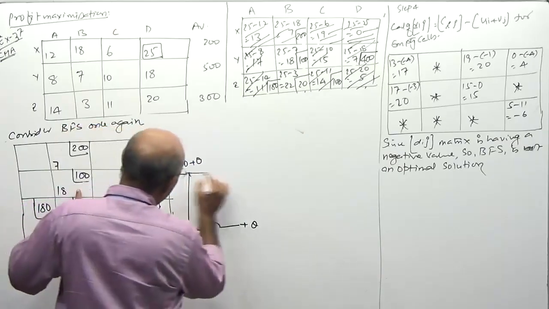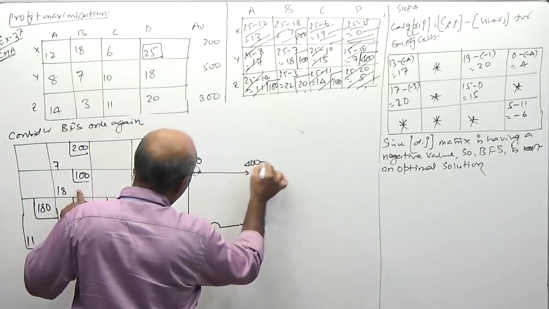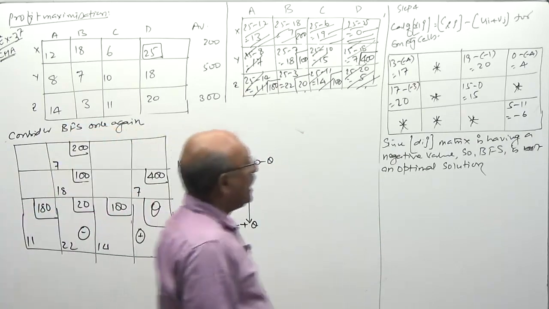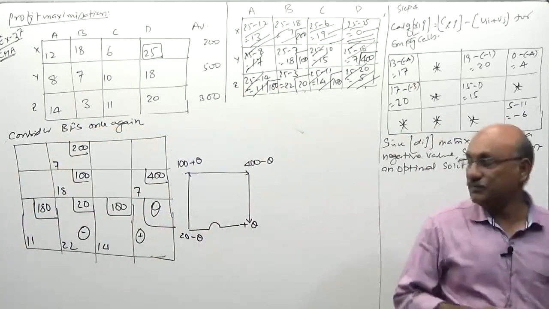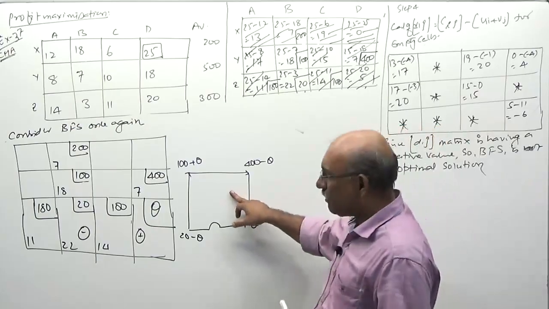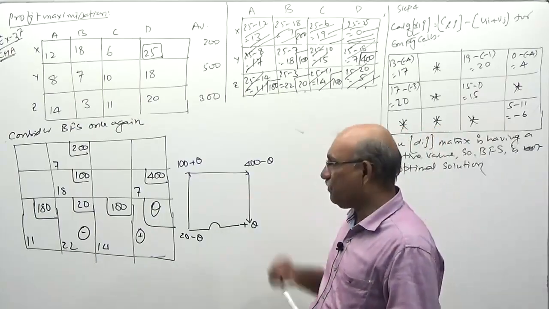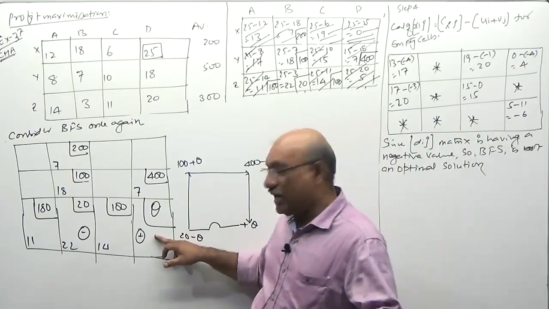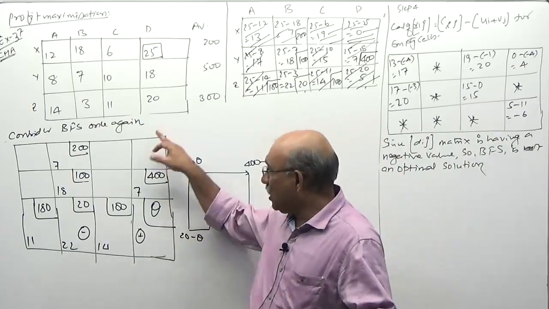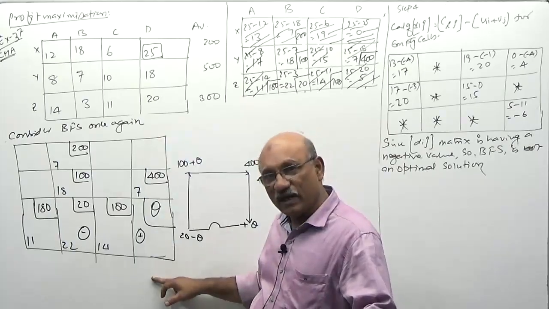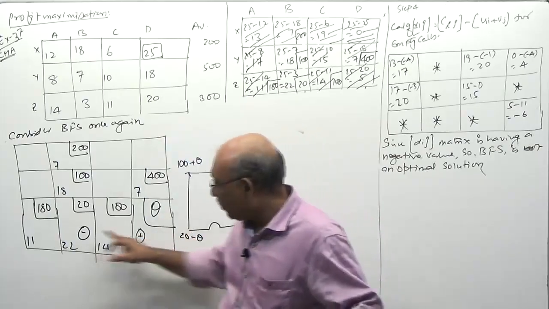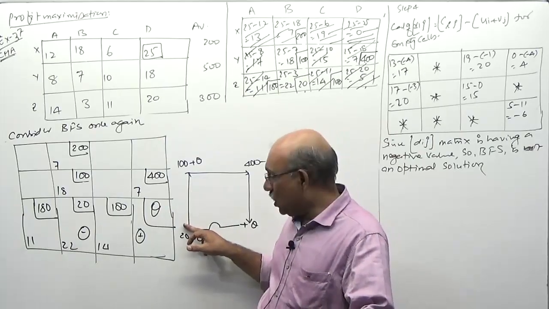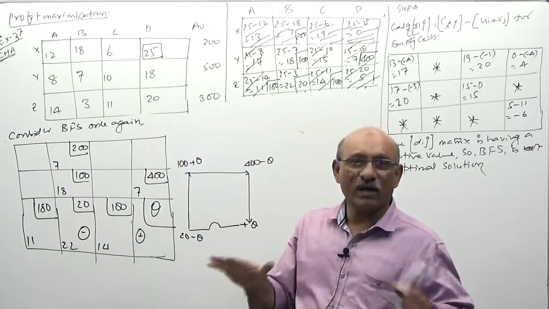Again, coming back to this 400 minus theta, reaching the original place, a closed loop is formed. Look at this point one more time. When I place theta here, this column total is increased by theta number of units. This row total is also increased by theta number of units. So, to neutralize this effect,